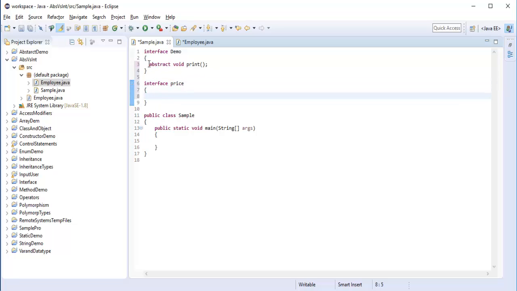So, it can have an abstract method. Let me print that also, and here it is, details. Now I will show you how an interface supports multiple inheritance. If I need to inherit this interface to this class, I need to make use of implements, demo